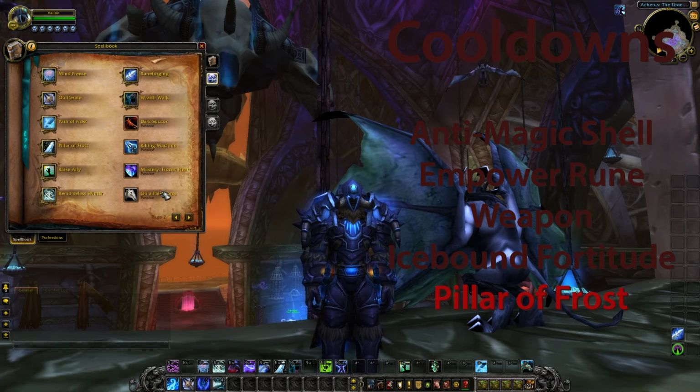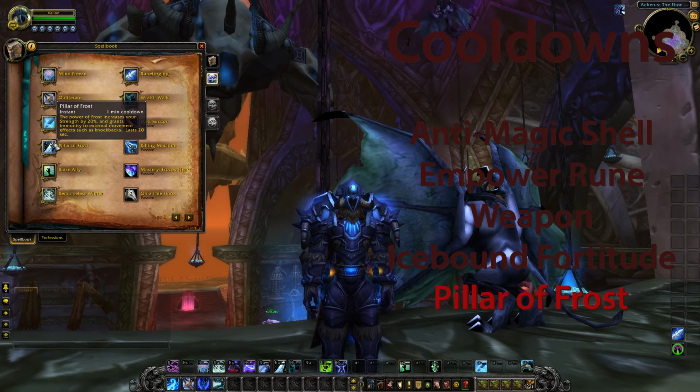Pillar of Frost is on a 1-minute cooldown. When used, your strength will be increased by 20% and you'll gain immunity to knockbacks for 20 seconds. Every encounter should be started with this buff going, and you should try to keep it on cooldown as much as possible, unless you know you're not going to be able to smash things with your weapons for the full